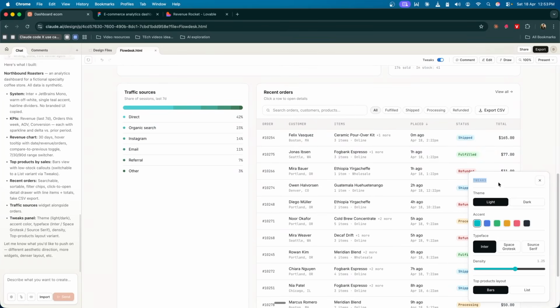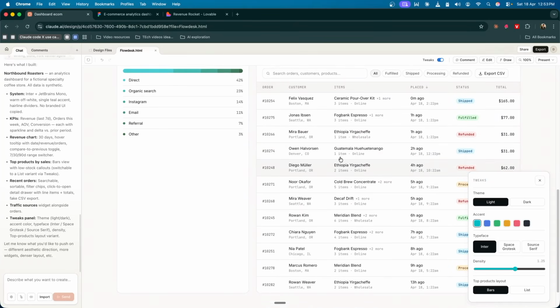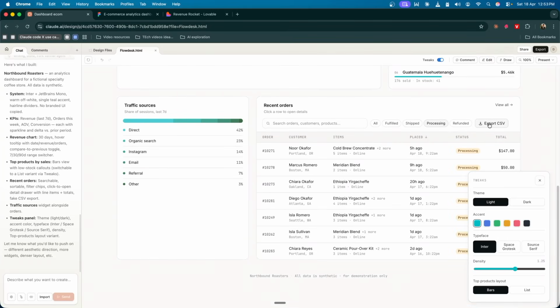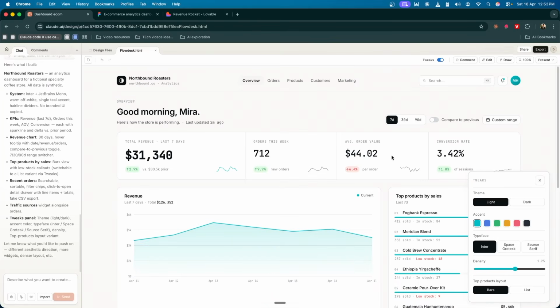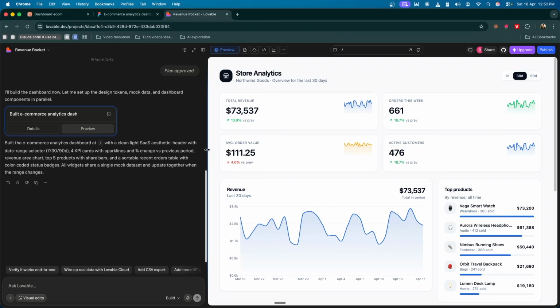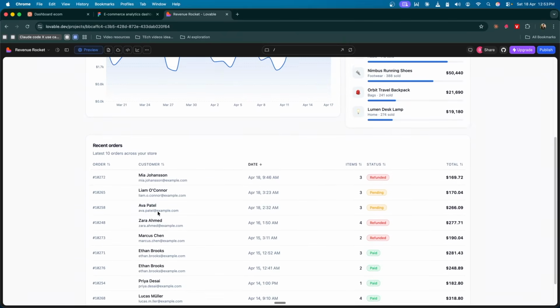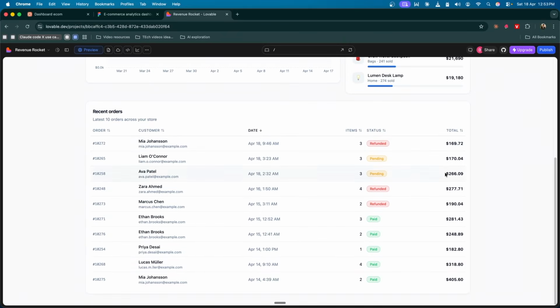Recent orders. The dashboard is much more detailed over here with all of the filters applied. This is really cool. And I can export this as a CSV as well. I can search, I can click on view all. All in all, this is a good job. Let's see what Lovable has done. If we see Lovable, they have store analytics. They have also provided a 7-day, 30-day toggle. The total revenue is fine. I like the way icons are provided over here. The recent orders, there are no filters provided, unfortunately, but